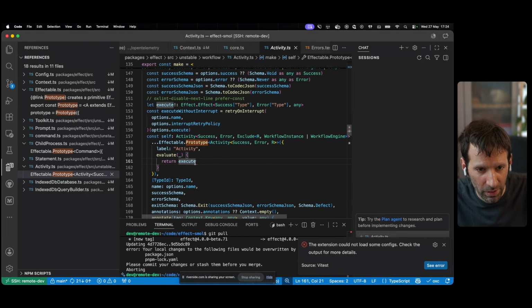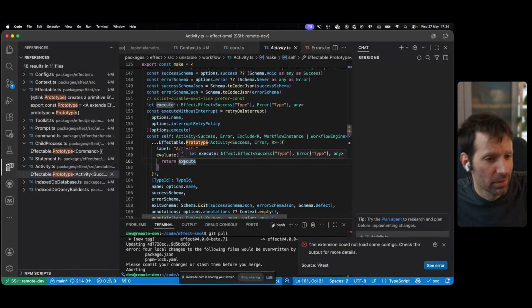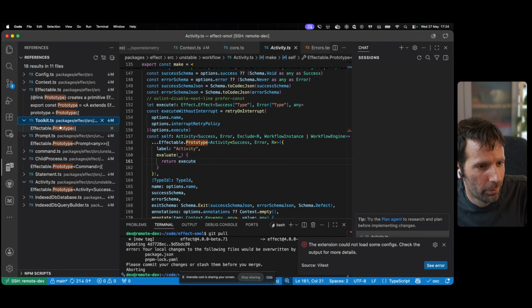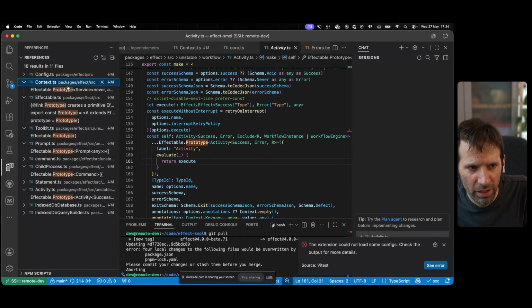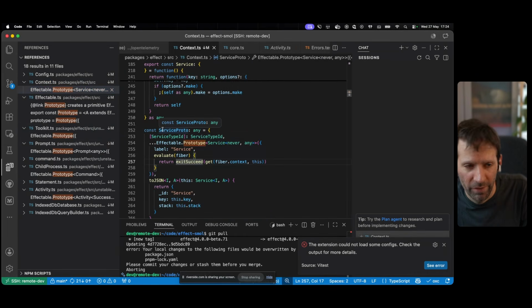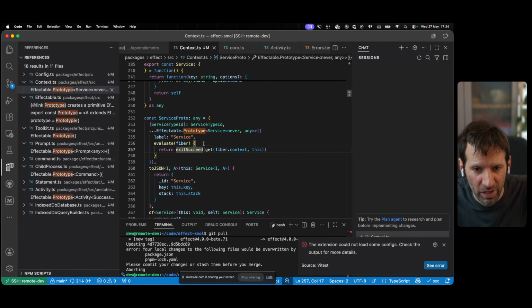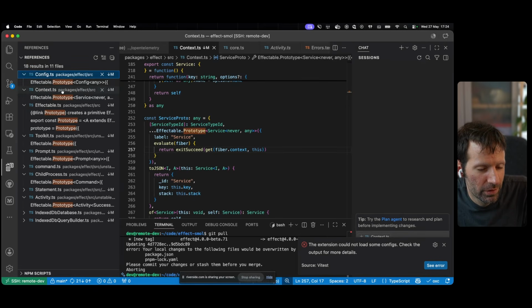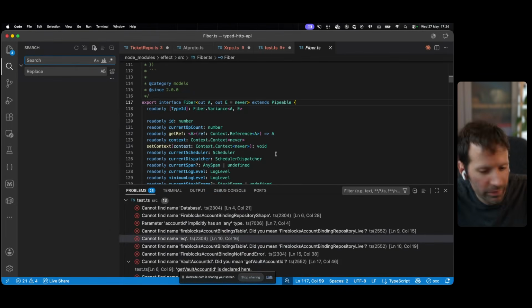So evaluate basically runs the execution. Or things like, for example, yielding an effect context service tag basically just means attempting to get the value of that service. So things where it makes clear sense are still effect subtypes, and we opted out of yieldability instead,